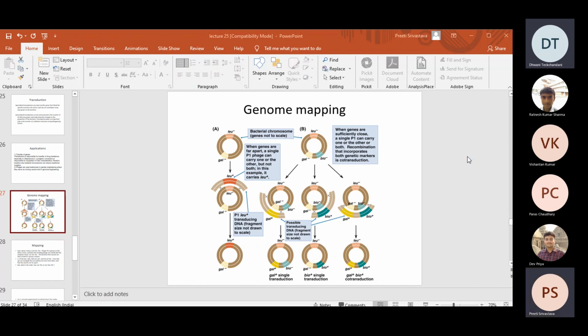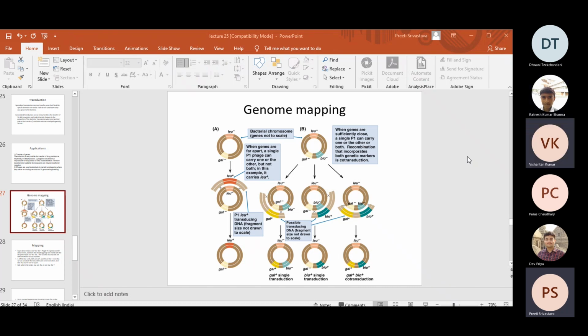No, that's fine, Dhwani. We'll discuss the switch when I teach the transcription process, because we haven't discussed the structure of promoters, so the students will not be able to appreciate operators, etc. So I hope the process of generalized and specialized transduction, the difference between M13, P1, P22, lambda, are clear. The method of integration, integrase, excisionase, these are clear, right?